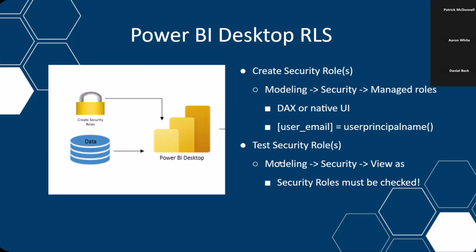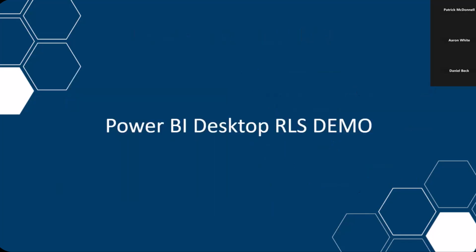The other thing you can do within Power BI Desktop is you can also test those security roles. Same process, modeling, security, but instead of manage roles, we'll do view as, and then from there you're actually allowed to take the emails that you have and that you're assigning to various roles, and then check them and see the filtering process that takes place. So without further ado, let's take a look. We'll dive into